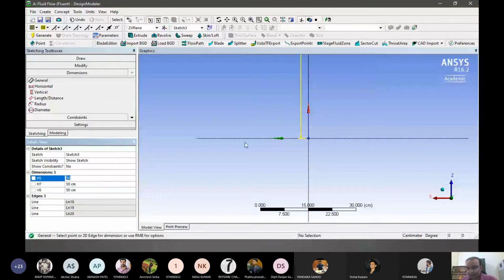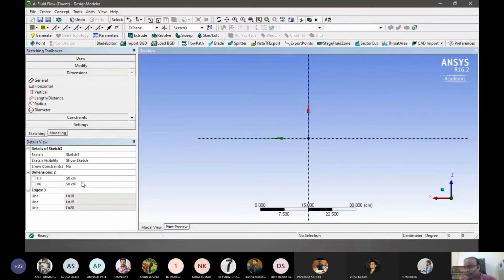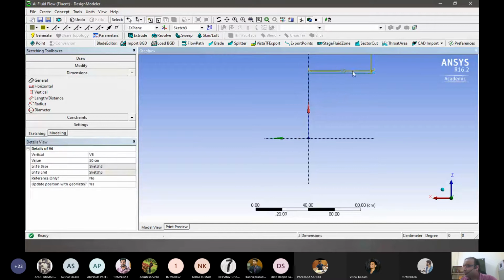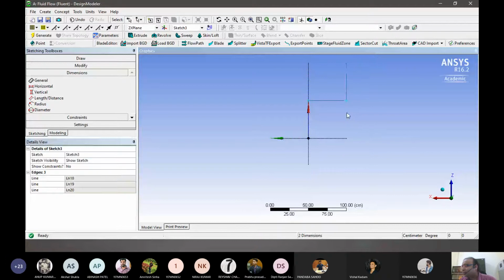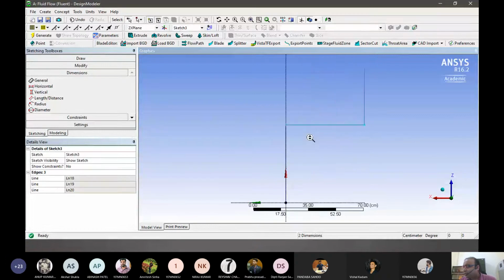What I will do is I'll remove these right here so that they don't impair our vision. Right. Now it is only the geometry. We want a fillet.